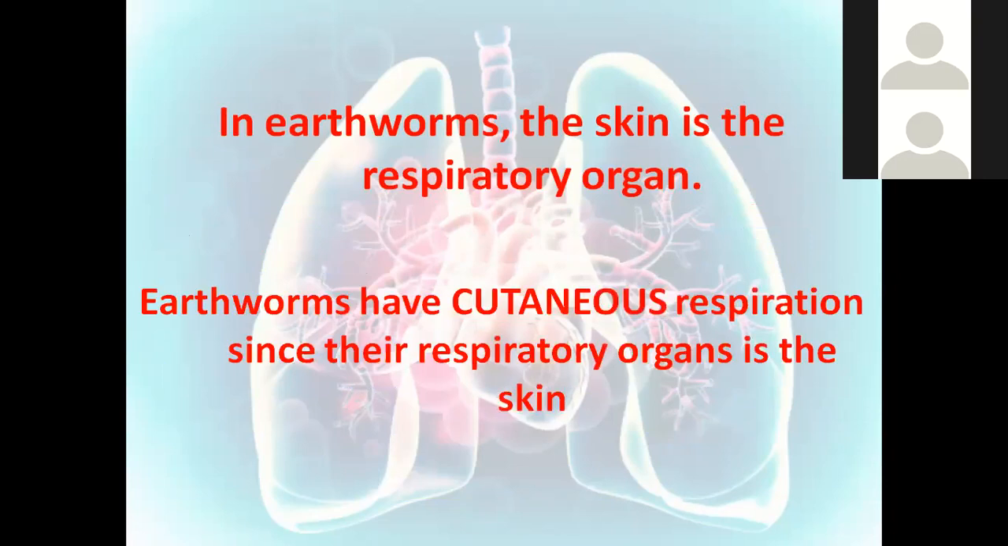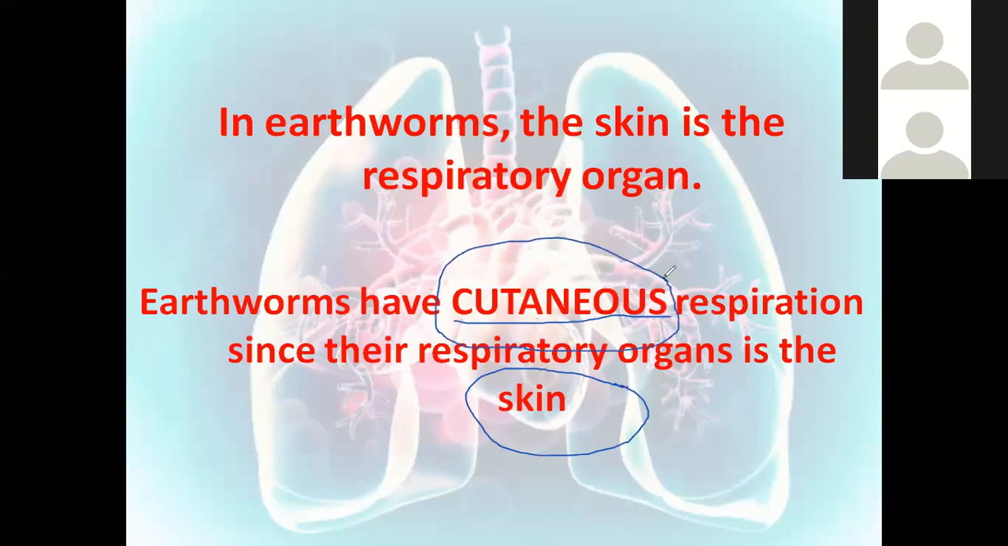So here, earthworms have cutaneous respiration, and the respiratory organ is the skin. You have to know that this is the third type of respiration. It's special for the earthworms. They have skin as a respiratory organ, and this respiration is called cutaneous respiration. So keep it in your mind that the skin is the respiratory organ in earthworms, and that's why they have